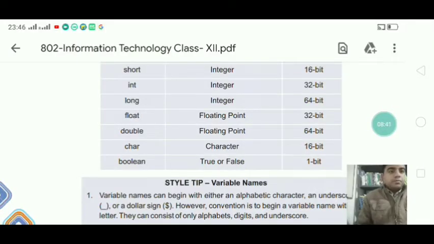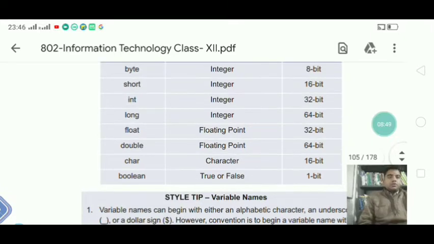So your primitive data types are basically 8 types. Those are byte, short, integer, long, float, double, character and boolean type.